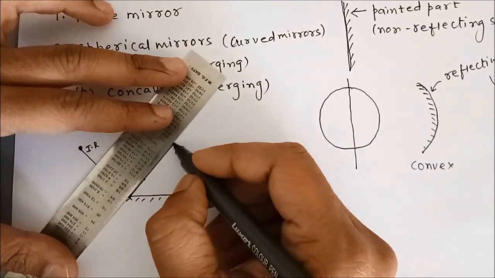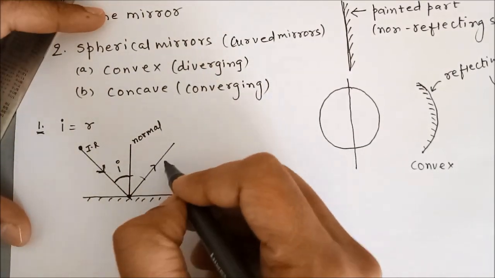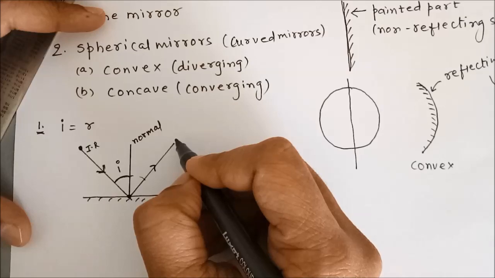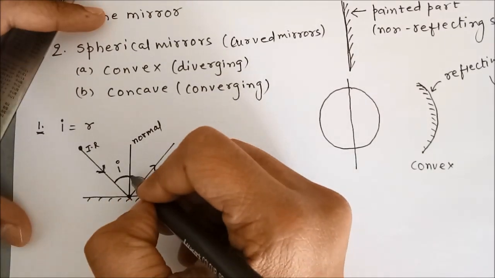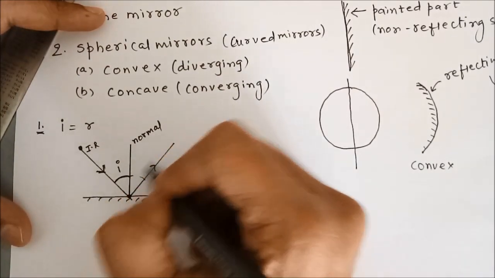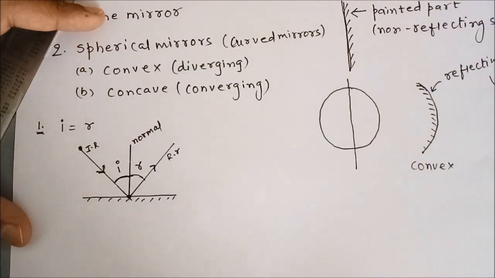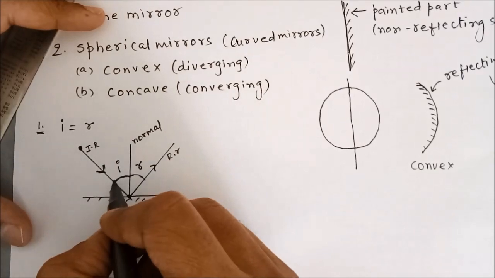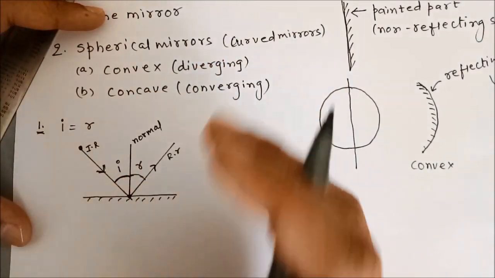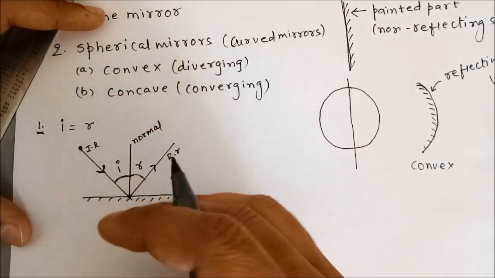So the reflected ray is this, and the reflected ray bounces back from the plane mirror after reflection, and the angle between the normal and the reflected ray is called angle of reflection. Now the angle of incidence and the angle of reflection are both the same always,